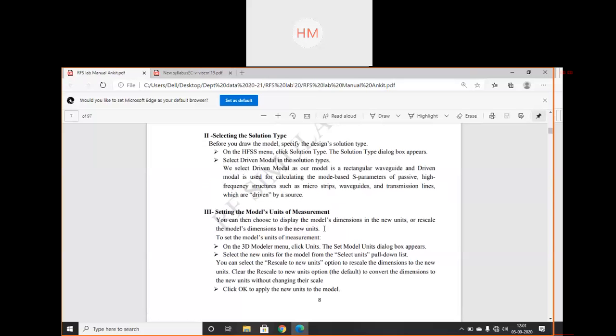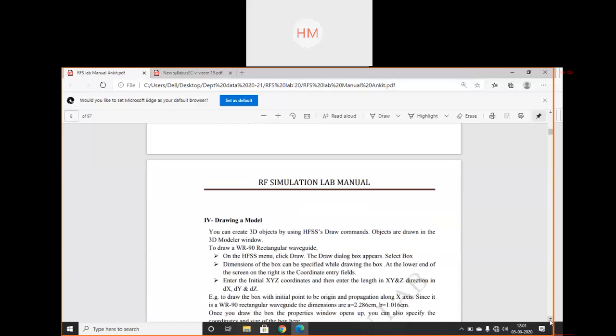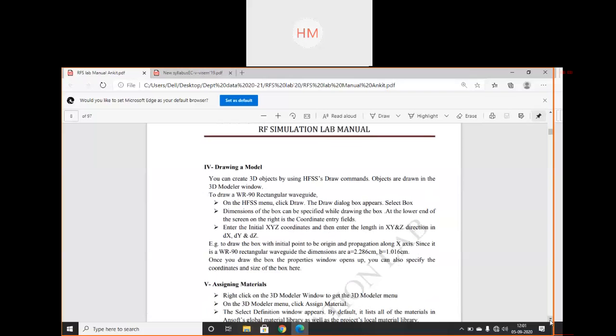Next step, just you can write, then we will see practically how all these things work. Drawing a model.